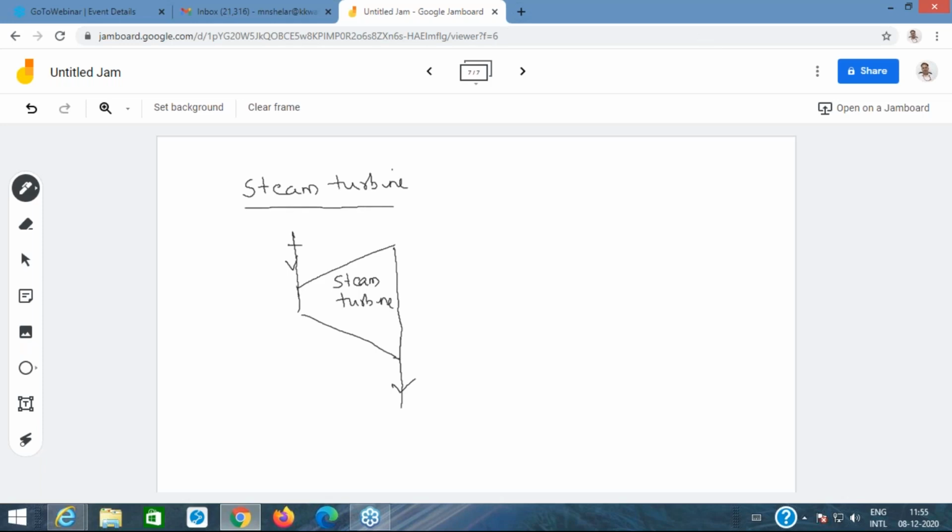Okay. So I have used the notation 2 at entry and 3 at exit. Yes or no? 2 at entry and 3 at exit. What is the direction of heat transfer in the steam turbine in my power plant, which is being assumed? And how much is that heat transfer?